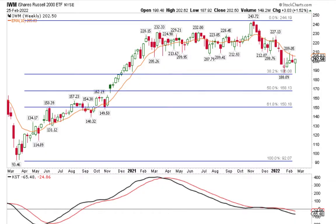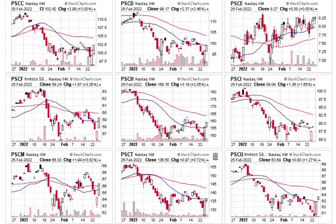If we can manage a follow-through and a push back above the 10 EMA, the orange colored line, that would indicate that small caps are leading once again, looking for a retest of that 243.72 level overhead, most likely occurring if institutions find value in small cap energy, small cap financials, small cap consumer discretionary, all of which performed quite well last week. The 9 small cap sectors indicate a potential for follow-through as most of them move back above their 21 period moving average,